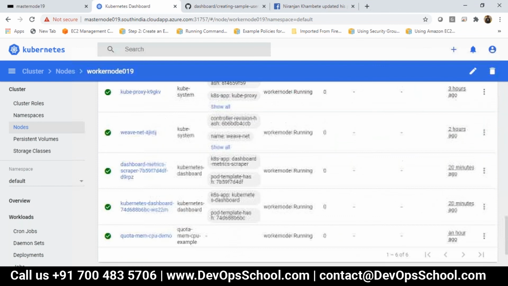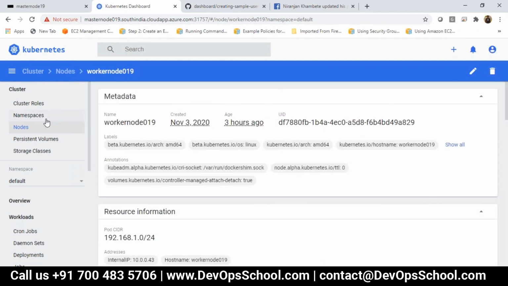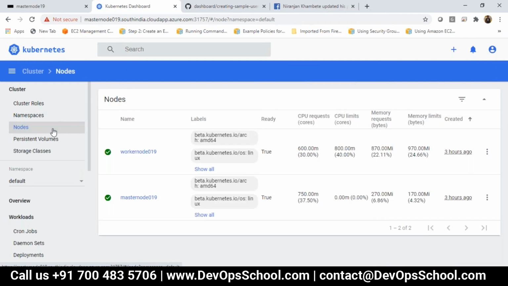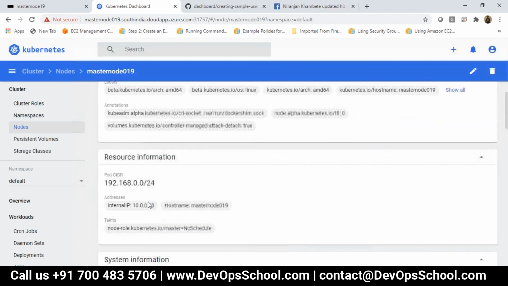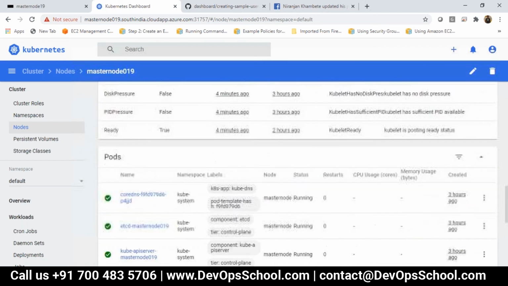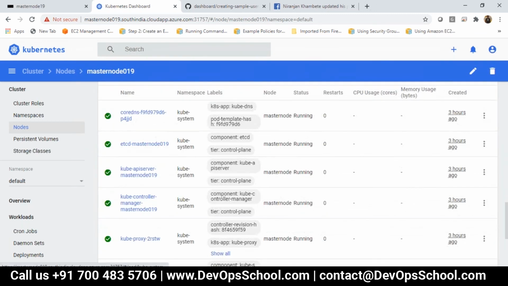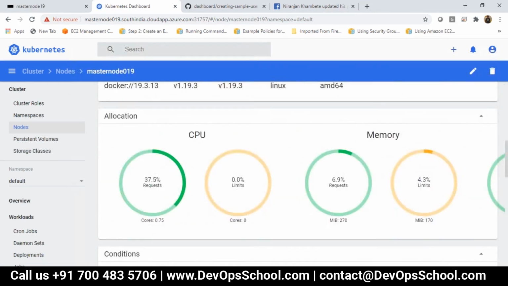Go through it, please. So many things are available in the dashboard. In the master node also, it will show you the IP plus how much CPU you are using, memory, RAM. What are the services running on top of your master machine? Everything you can see.